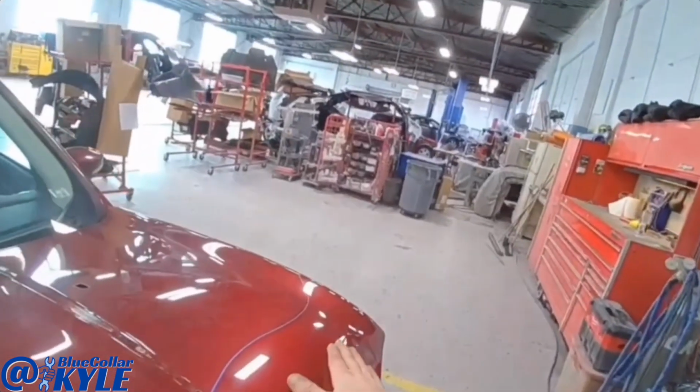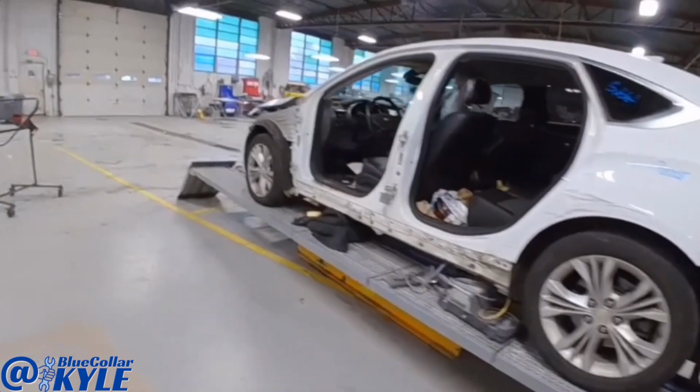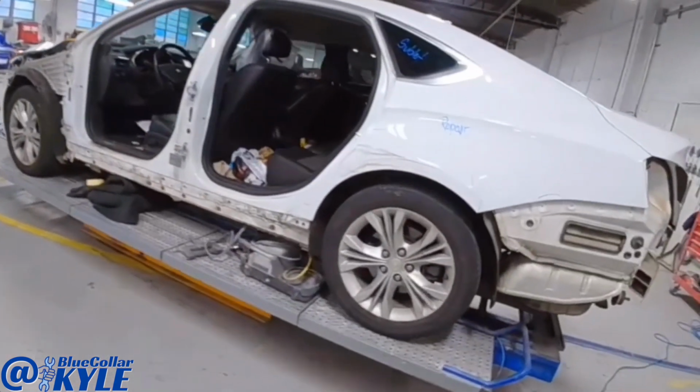I'm gonna start working this metal back into shape. It's getting a new fender, 2 new doors, and then I have